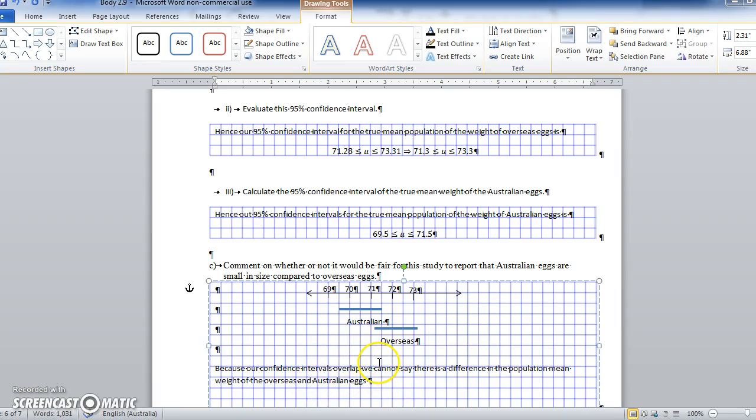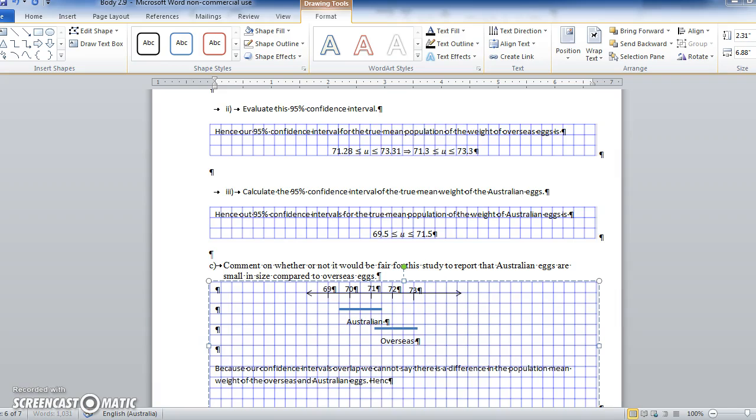So because the confidence intervals overlap, we can't say there's a difference in the population mean weight of the overseas and Australian eggs, because the Australian eggs might have a population mean of 71.4 and the overseas population mean weight might be 71.3. So in which case the population mean weight of the overseas eggs is actually less than the population mean weight of the Australian eggs. So we can't say that there's a difference,